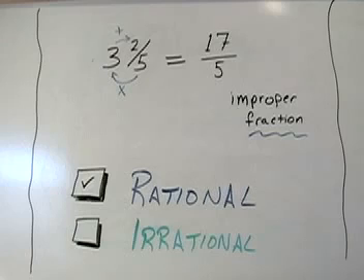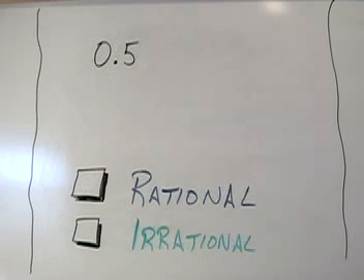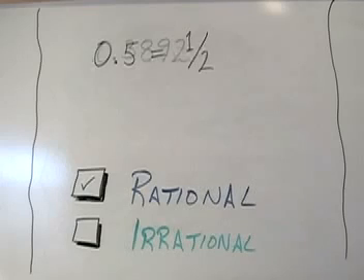Now let's take a look at a decimal. 0.5. Hopefully this is one you recognize. This is equal to a half. This is a rational number. Now, what about a decimal that we don't recognize? Let's look at